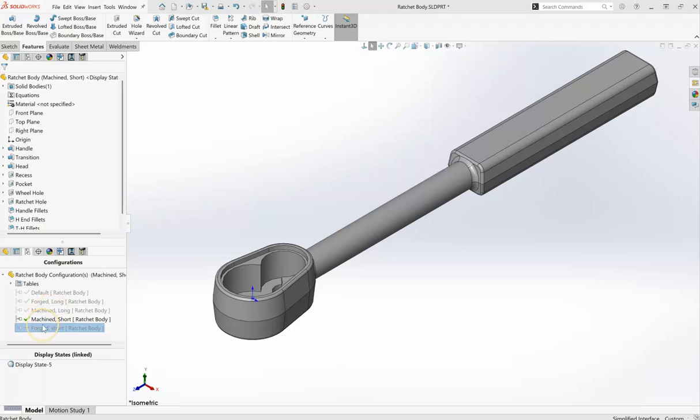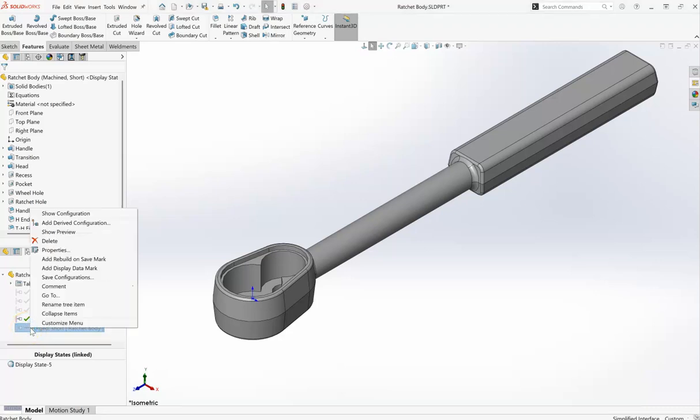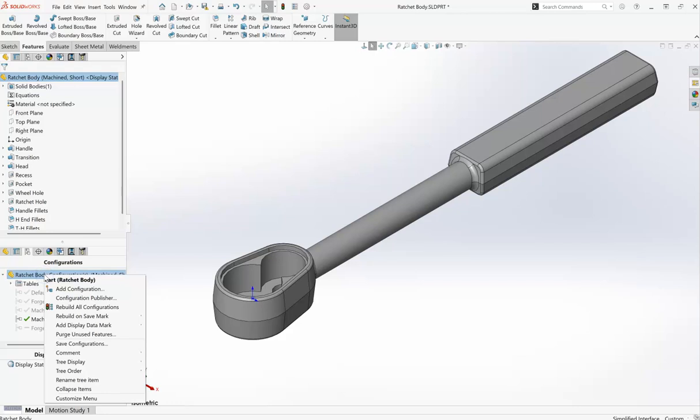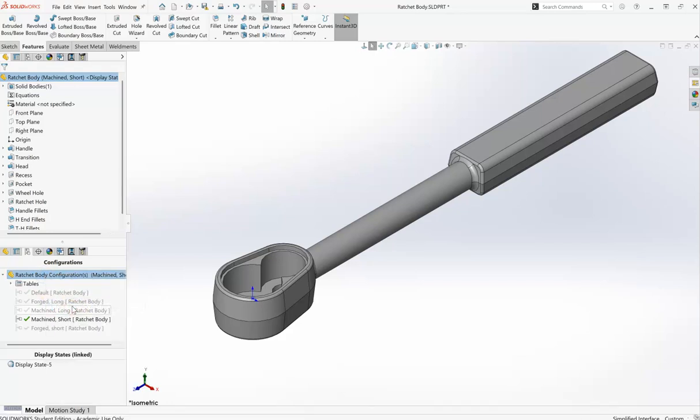Because I didn't highlight that first and get the green check mark, you can see it's got a horizontal line there, which means it has not been rebuilt. And so I can right click on this and I can either add a save mark, so when I save this, it gets rebuilt, or I can come up to here, I can right click and I can rebuild all configurations. Because everything else was already rebuilt, it just had to rebuild that last one,